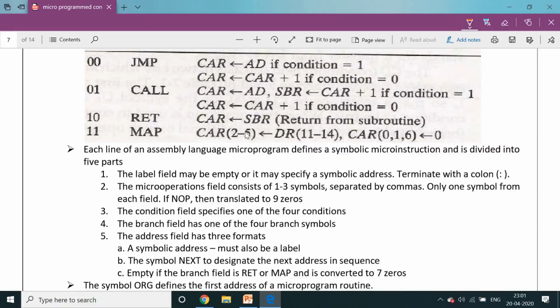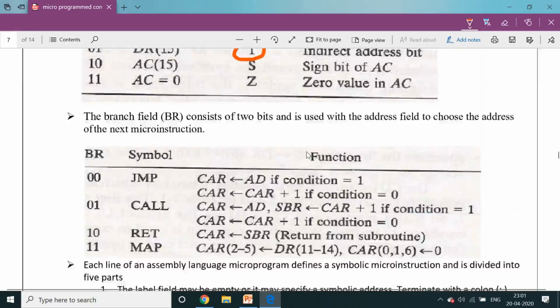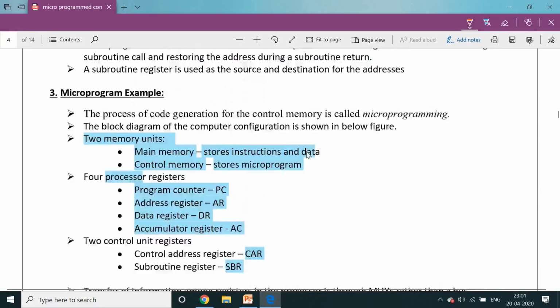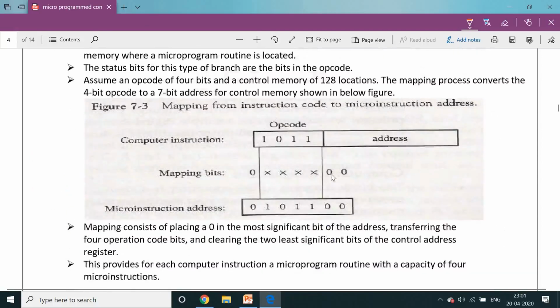Here the least significant 2 digits are filled with 0 and the last digit too. So here is the mapping procedure. The least significant 0, 1 bits are filled with zeros, and the last 6th bit is 0.